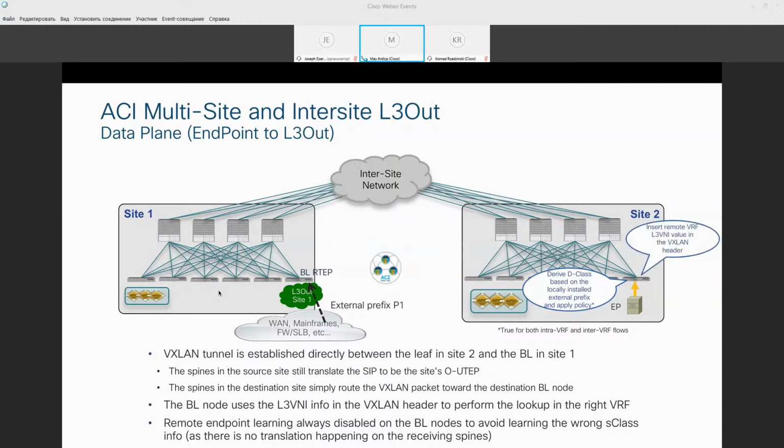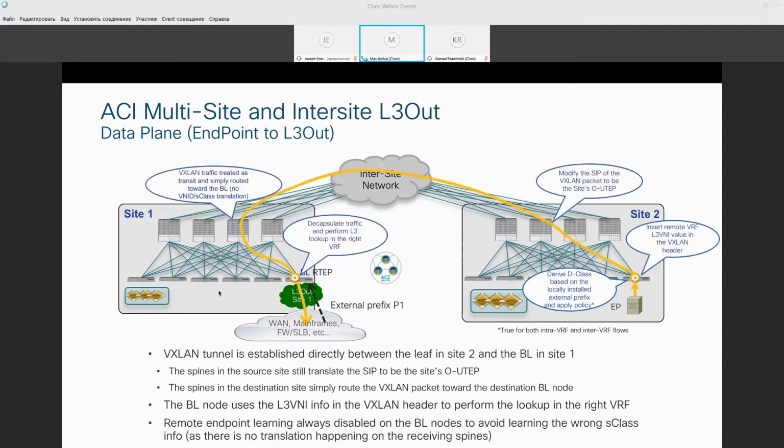If the policy says go ahead, I basically encapsulate the packet. I add the L3 VNI that was received through the control plane in the packet. The packet goes across. The local spine does the same thing that it does in regular multi-site forwarding, which is it changes the source address in the external VXLAN header to use the local overlay unicast TEP, because we don't want to expose the leaf VTEP to the external intersite network. The packet goes across the intersite network. It goes across the receiving spines that are just used as